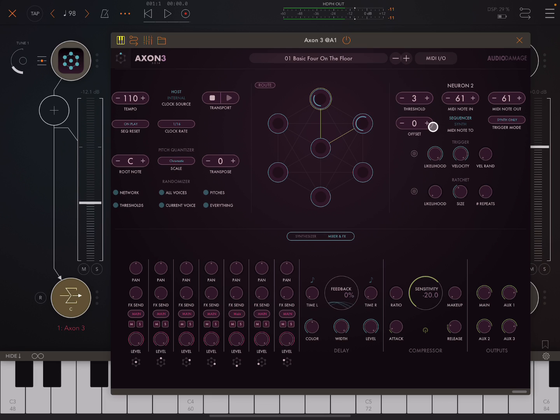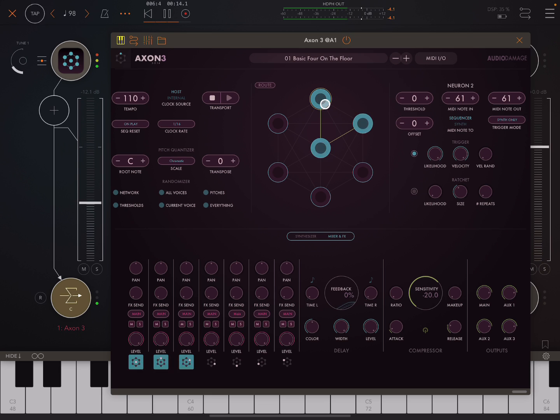So what we do is just use the offset, and if we put an offset value of 3, it just means that it will start 3 steps ahead of what it normally would. So the result is that it now starts on the 1. So basically, you don't really need to overthink that. All you do is use the threshold to make an event, make a sound like the kick happen more or less often. So if we bring it down here,